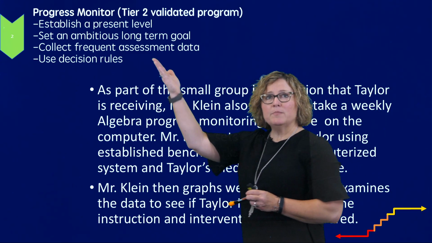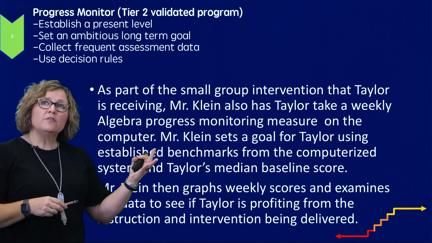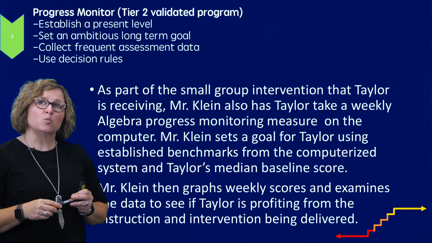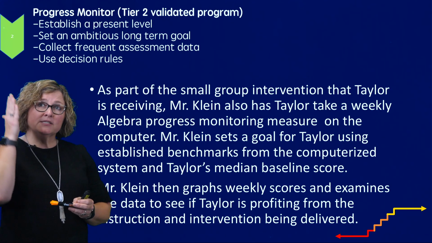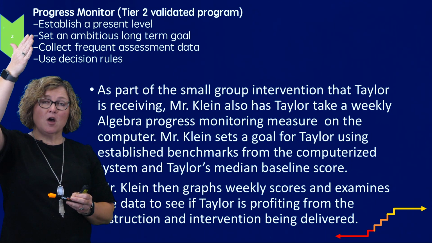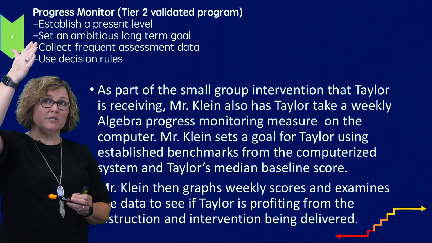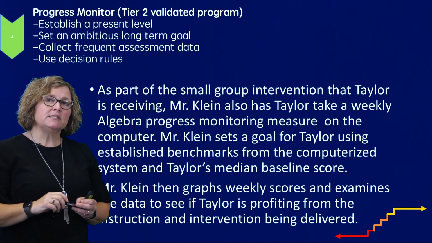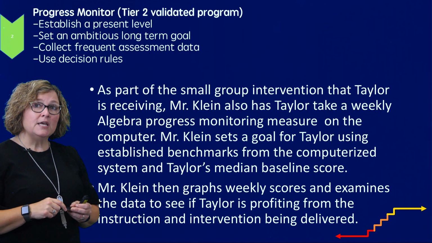So the next step is to progress monitor to determine whether that instruction and intervention is working, in this case, for Taylor. So there is a step of establishing a present level, setting an ambitious long-term goal for Taylor, and then Mr. Klein collecting frequent assessment data and using decision rules to determine whether that instruction and intervention is effective